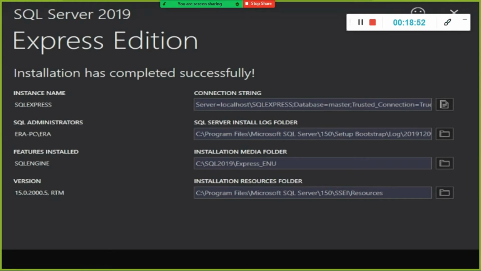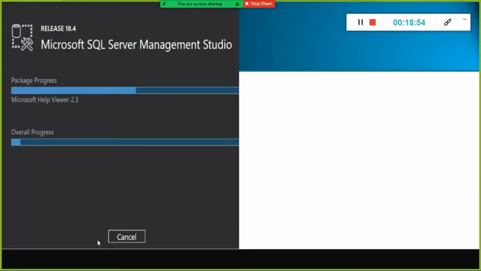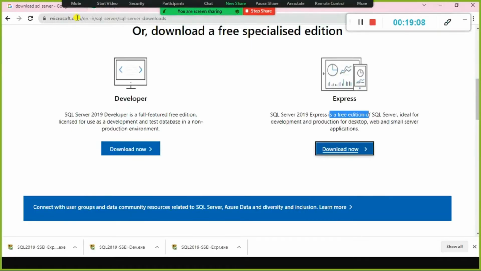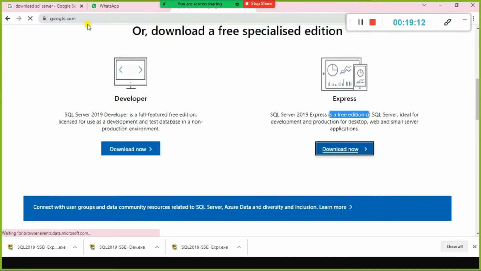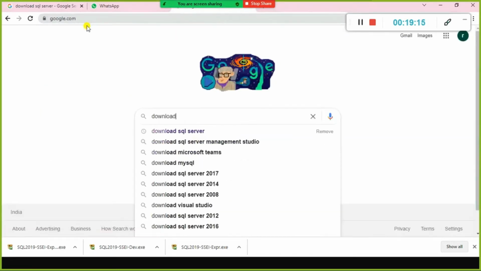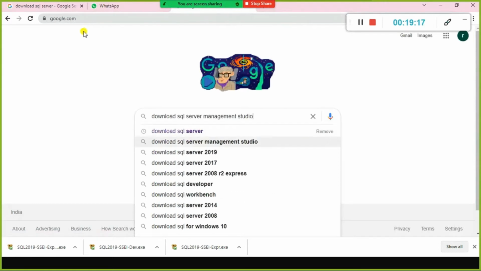Okay, so the next one is you need to install SQL Server Management Studio. This is the graphical user interface. It's pretty easy to work on this graphical user interface. So what you do is just go to Google and again type it here: SQL Server Management Studio.